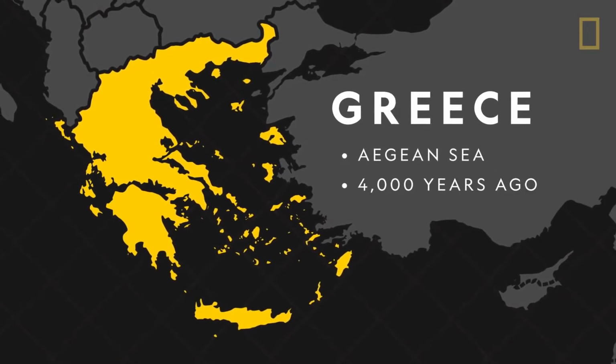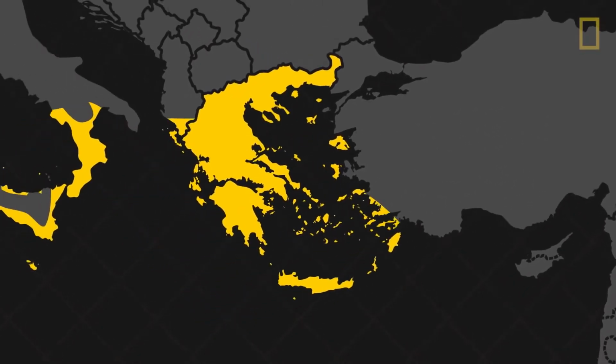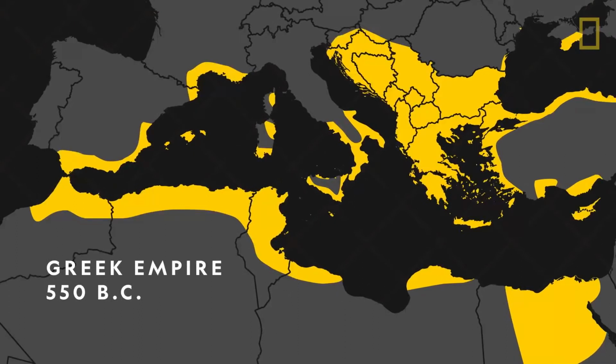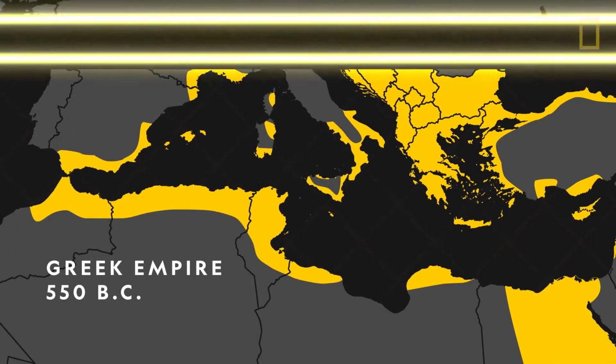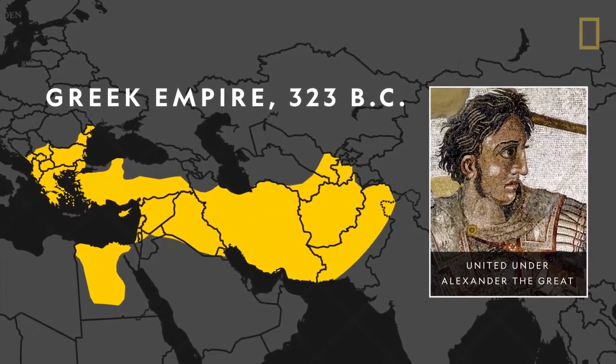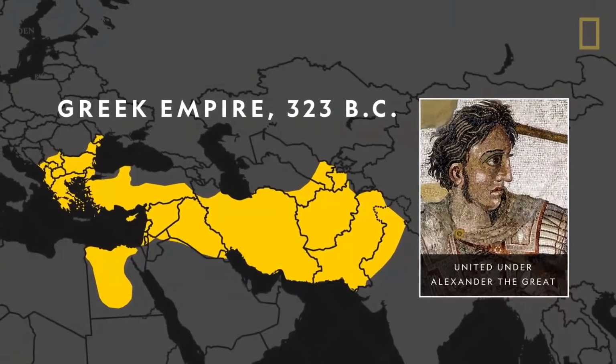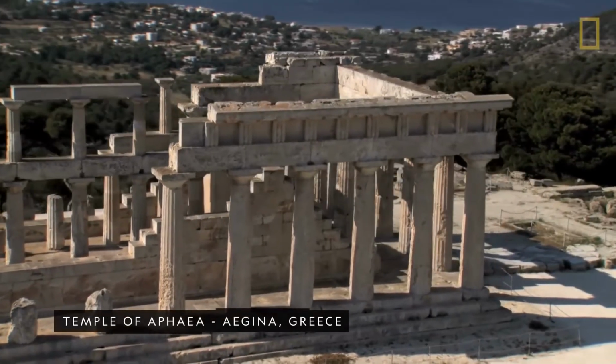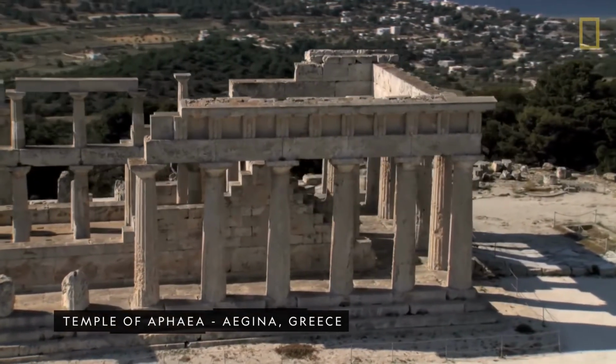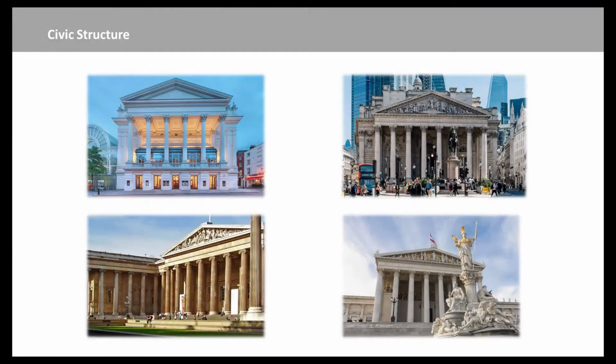In over a millennium, it expanded to lands as far west as Spain and as far east as India. Of all aspects of ancient Greek civilization, their cultural contributions left a considerable mark on the Western world. You don't have to dig in ruins to find Greek architecture. It is all around you.